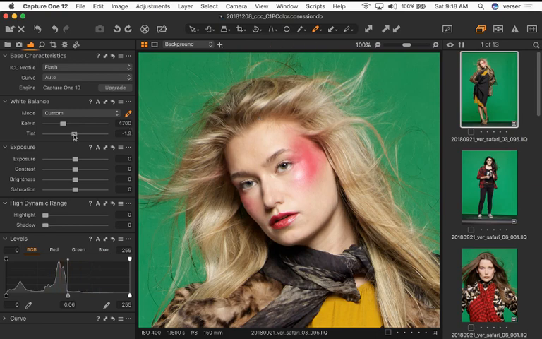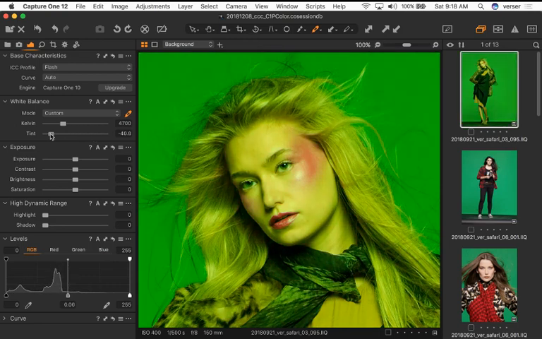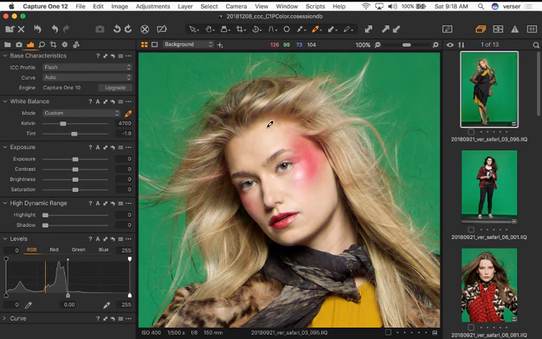Then if you go to the tint and start to drag it in one direction, you'll see that's pumping in a lot of magenta, and if you go in the other direction, that's pumping in a lot of green. Again, I'm going to simply click the drop-down menu to apply that normal color balance. I actually only work using a color picker and the white balance tool. The next one down is exposure, and if you click on exposure and drag it up and down,